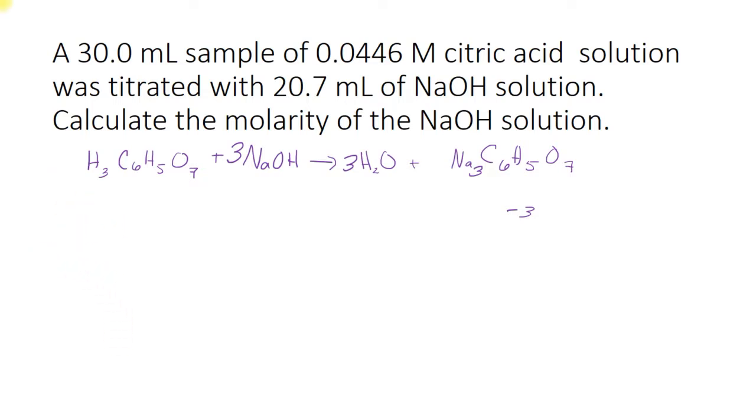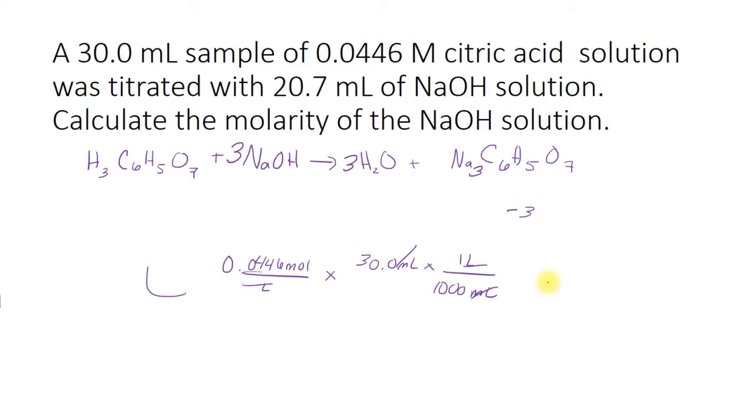The next step is to calculate how much citric acid there was, because I have a molarity for that. There's our molarity, moles per liter. And it's times 30 milliliters, but I know that I have to convert that because it doesn't cancel with the unit I have. So we got mils to cancel. We got liters because they're on opposite sides. Okay, and so the calculator says